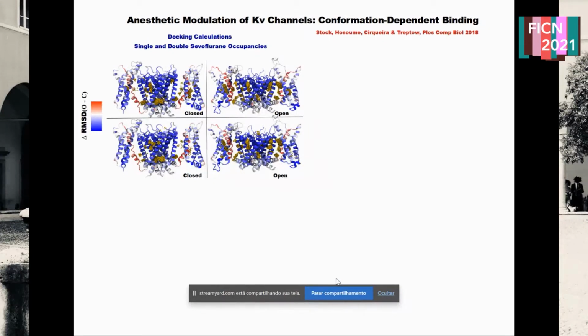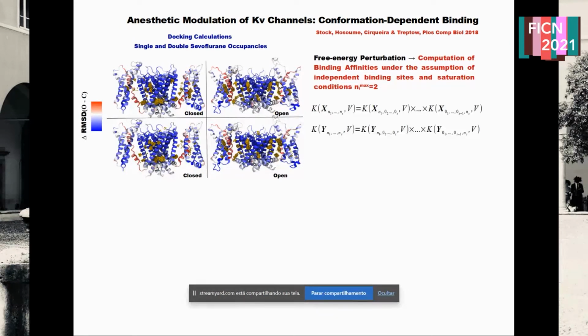Later on, we extended our calculations to investigate the interaction of the ligand with the entire transmembrane domain of the protein. And more importantly, we extended our calculations to look at the two conformational states of the protein. So docking calculations were performed as described before. So we could find the same binding sites as before at the linker at the S5-S6 interface, but other sites were identified within the voltage sensor, and more importantly, at the S4-S5 interface, as shown here.